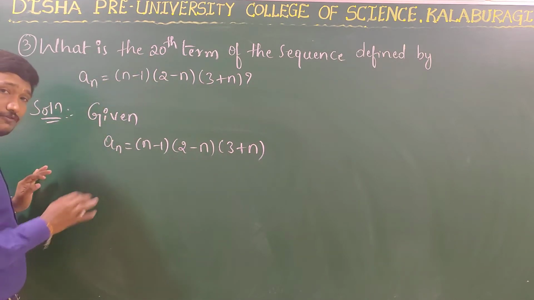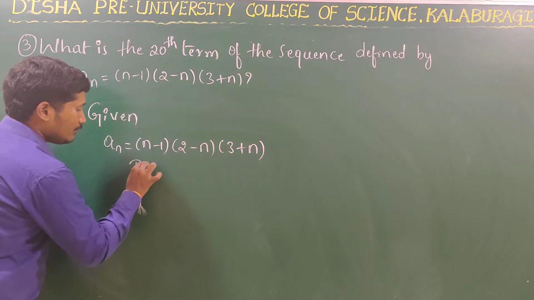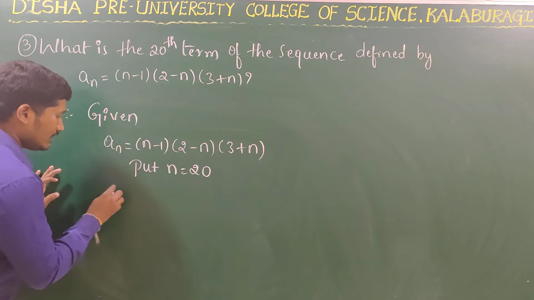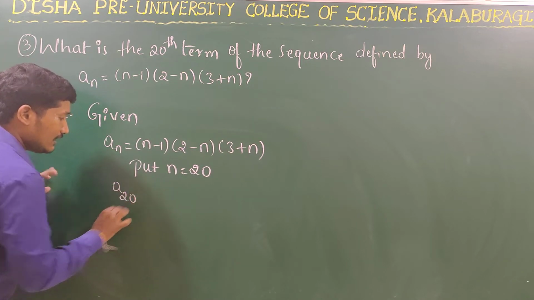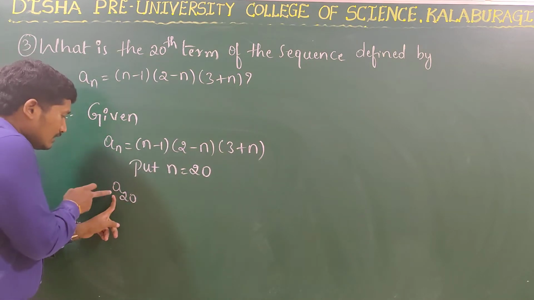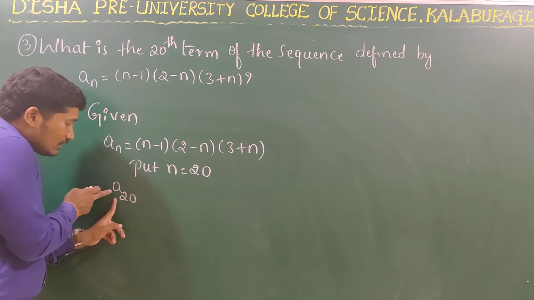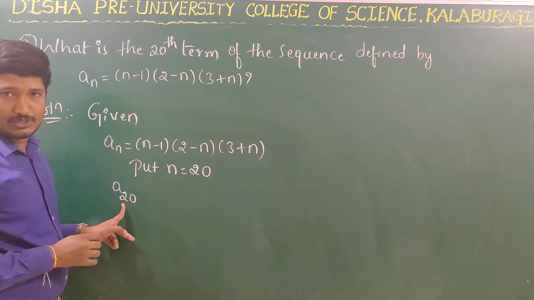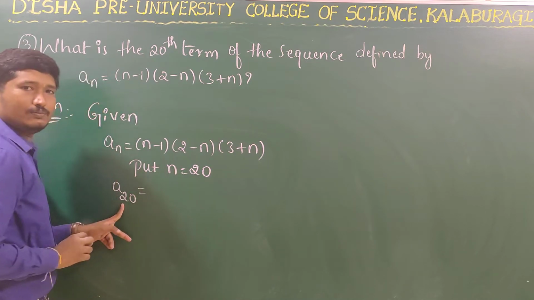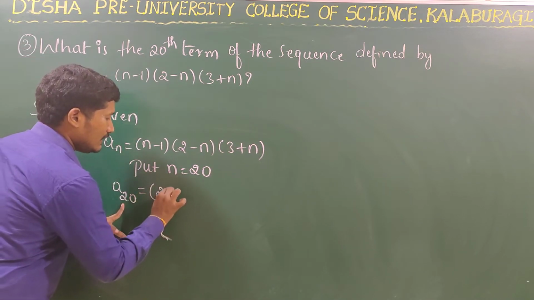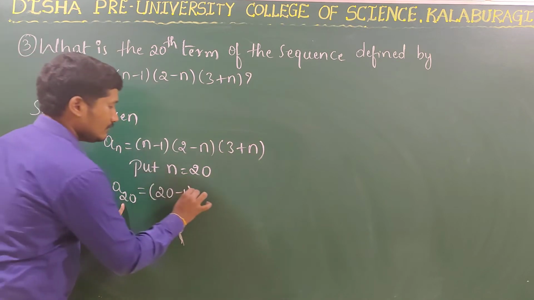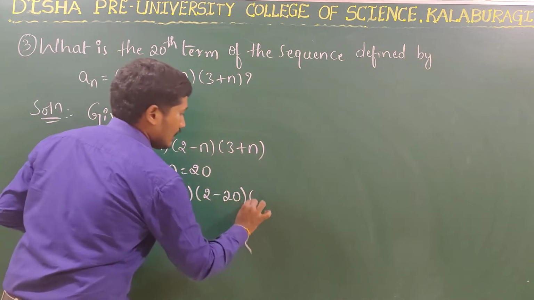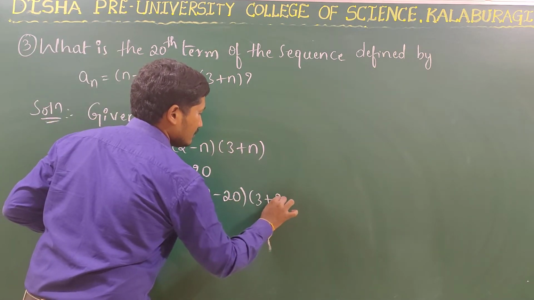So for that, put n is equal to 20. So it becomes A20. A20 means the term of the sequence present at the 20th position. So this is equal to (20 minus 1)(2 minus 20)